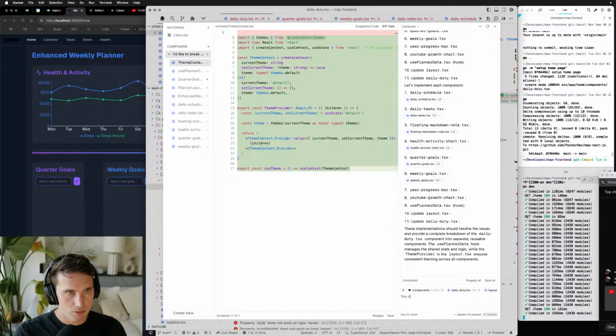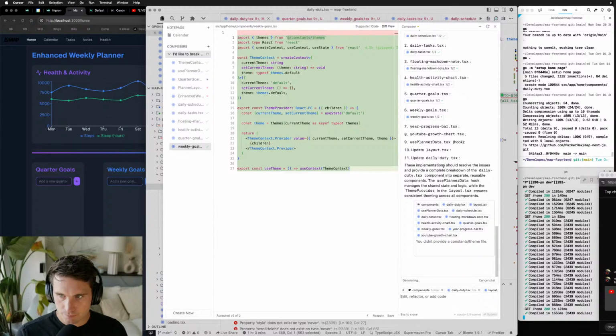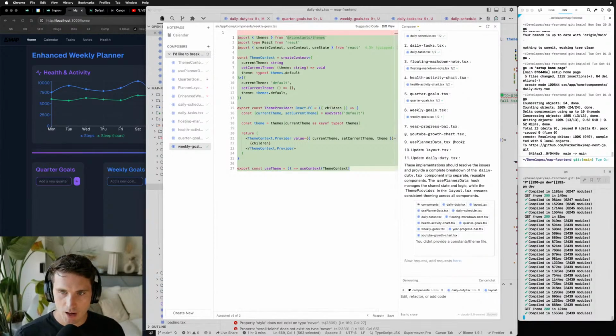So you didn't provide a constants / theme file. An important piece too, anytime you get new outputs, is actually read them. Sounds silly, but